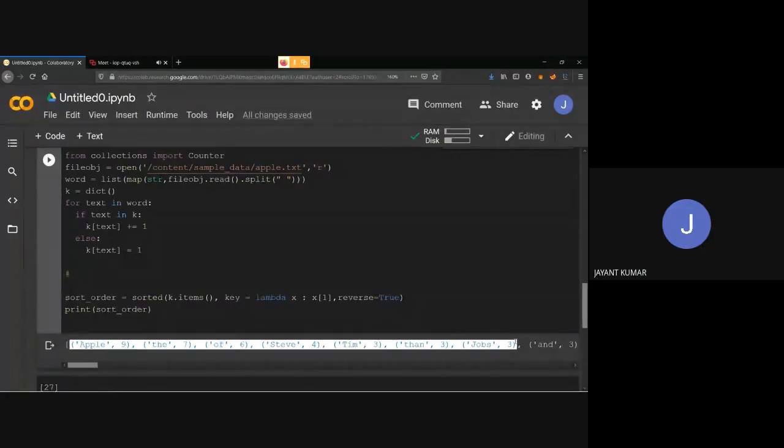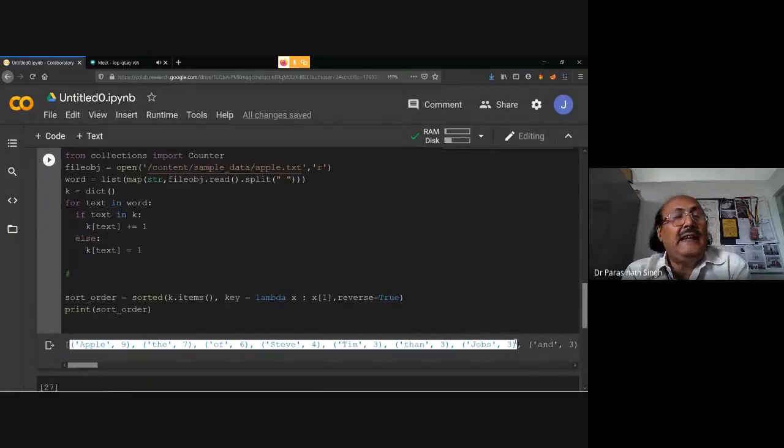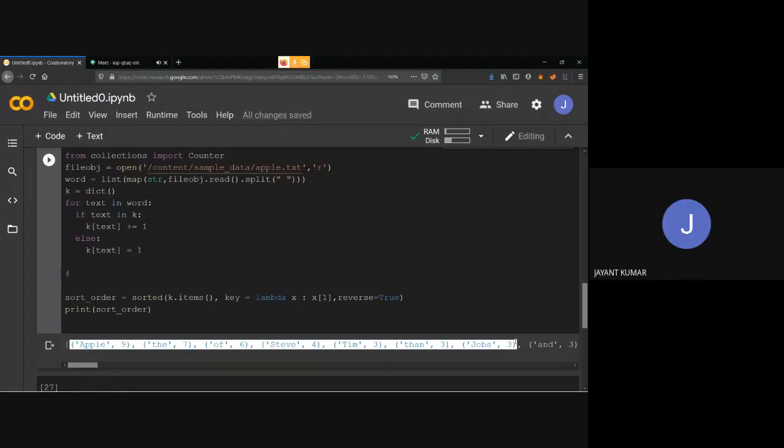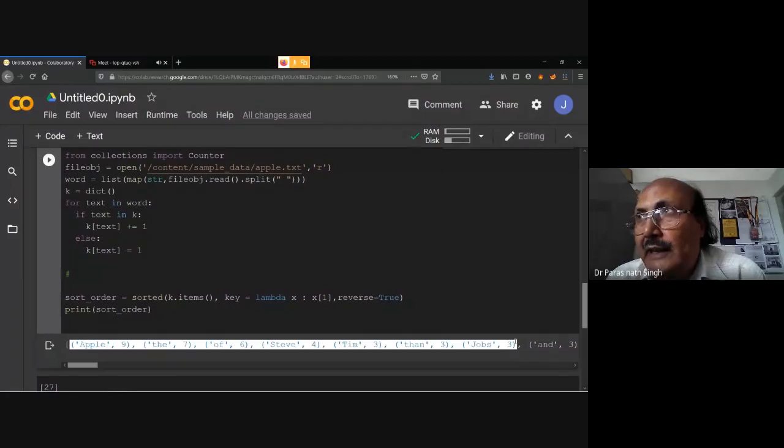See, all three data collections are coming together: list, tuples, and dictionary. A dictionary's keys and values are displayed here in a list of tuples. That is my only point.